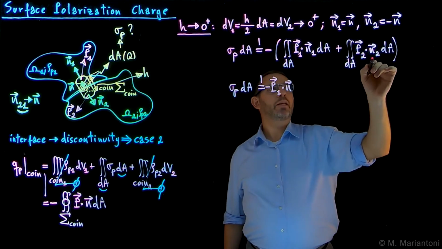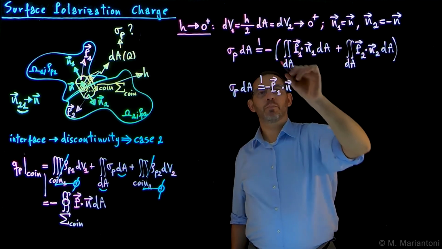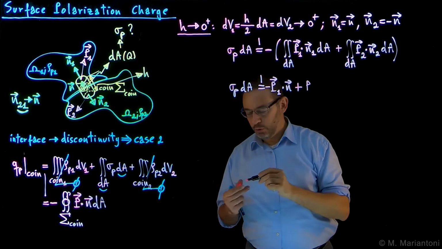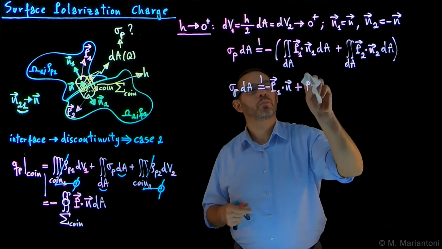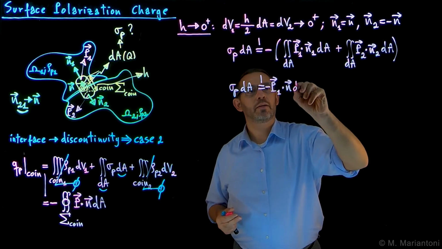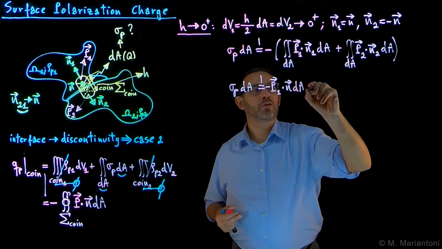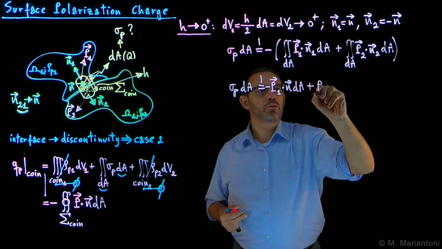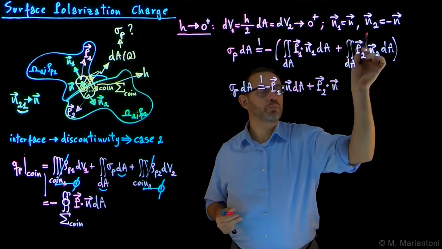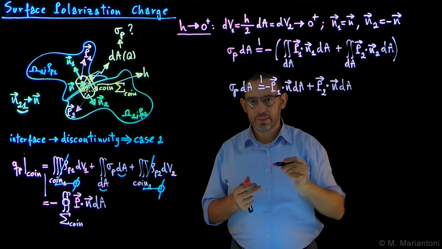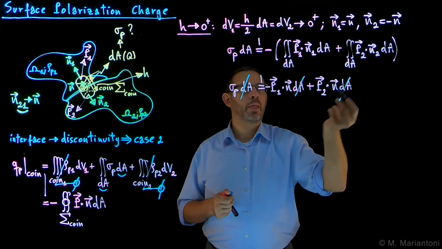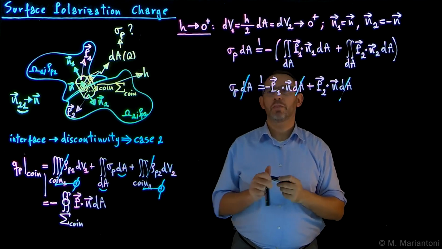Here, n2 is minus n, so I get a minus from this, but another minus here, so I get plus. So minus is plus, and of course, I need not forget the dA, which we will erase at the end. So the integral is still there. So this is dA. And here, minus is plus, P2, the polarization vector in region 2, dotted with n, again minus minus is plus, dA. Now all these dAs clearly cancel out, and so we are left with the final expression